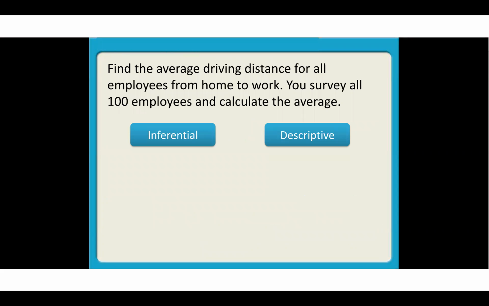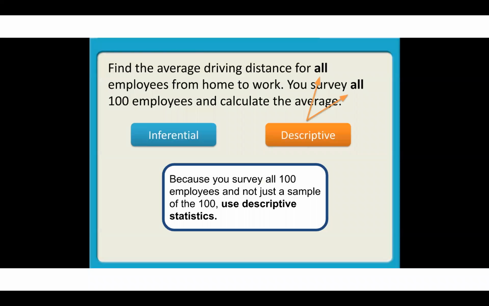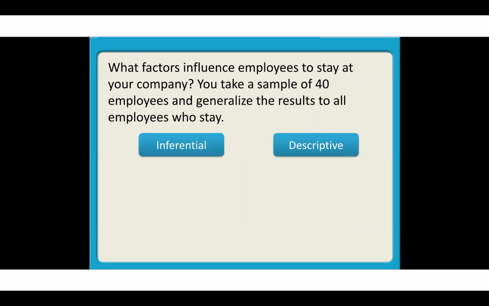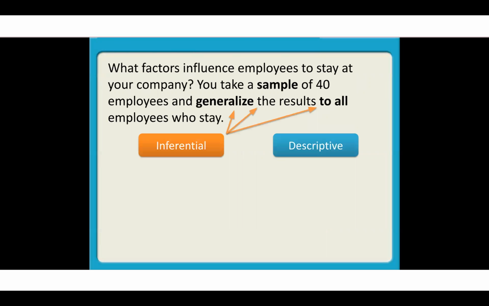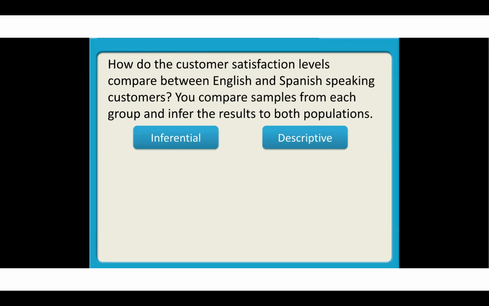Here they are presented with a new problem where they can select the option they think is correct, inferential or descriptive. They are then shown the correct answer, along with the clues in the problem and an explanation. They continue reading the problem and selecting the answer they think is correct, seeing what the actual correct answer is, along with the clues in the problem, and an explanation connecting the clues to the definition of the correct option. Continuing through to the final practice example,